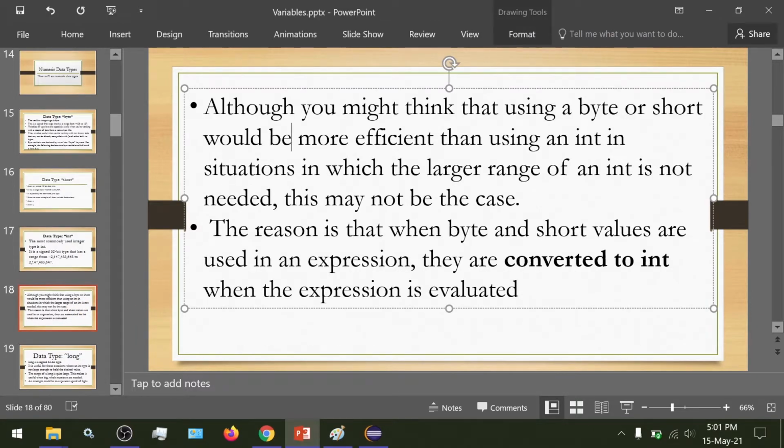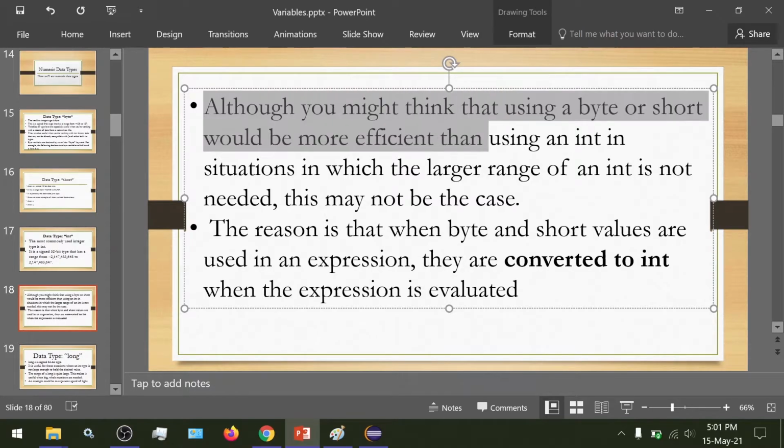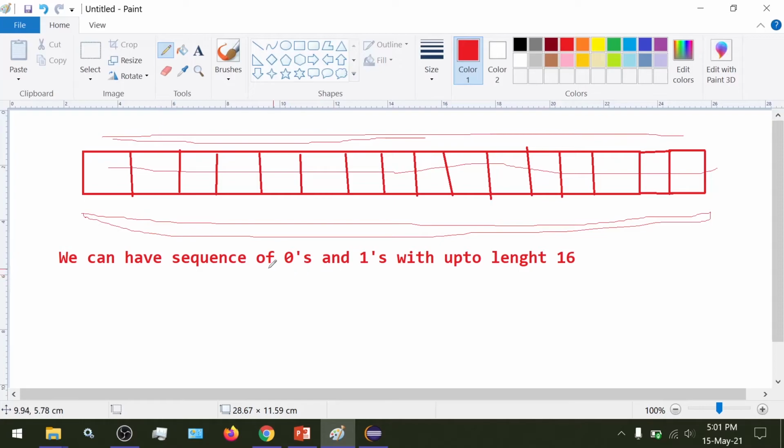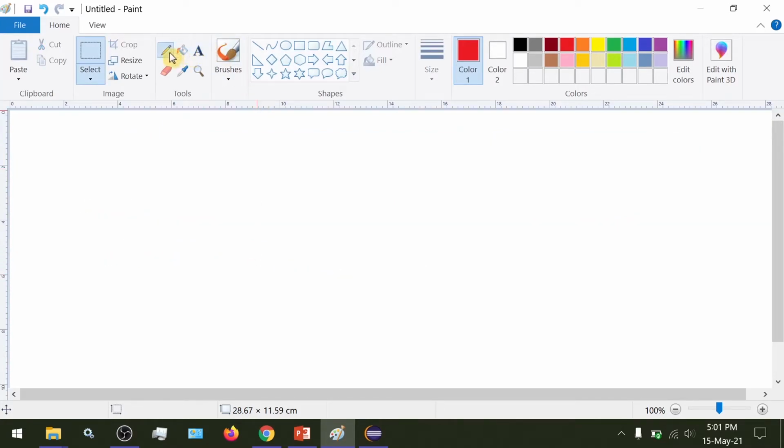Now we might be thinking that you have understood the data types byte and short. Suppose you want to represent the number 23. What would be your choice? In the order that we learned the data types, you would say byte, or maybe short.